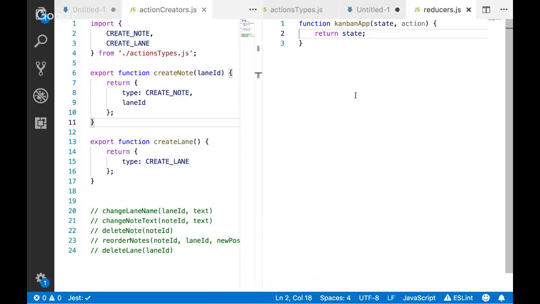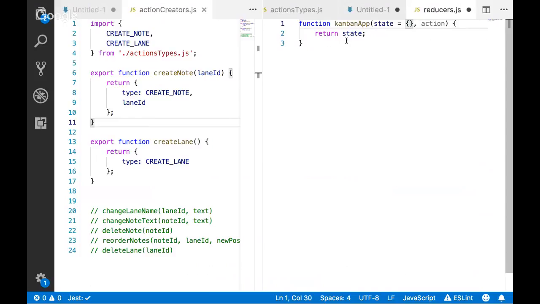But what if the first time you call it, there isn't a state to pass in? Your application doesn't have a state yet at all. So one little trick that people will do is to give it a default value, so that if you call this the very first time with nothing, it's going to essentially initialize the state of your application. So that's what we've done here. If we called this now, it would initialize state and return that initialized state. So we could say, oh, this is our initial state of our application,